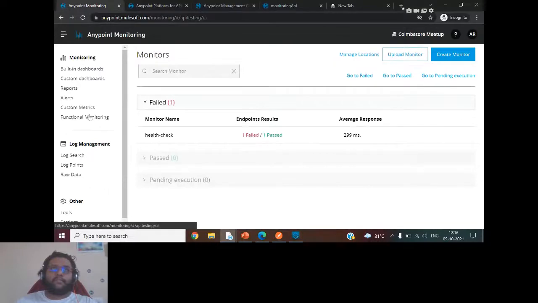This is particularly about the resources, and you will see when I'm trying to create a monitor that it is checking resources. So if one API has 10 resources and you want monitoring on one particular resource, you can go for that. If you want monitoring on all the resources, you can choose that also. Okay, so it is totally up to you.